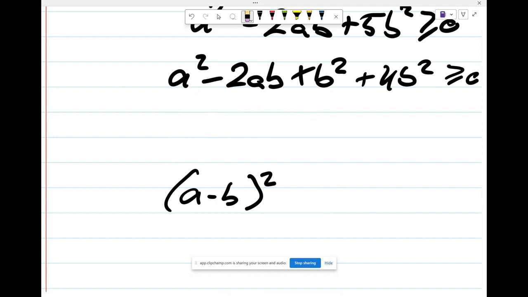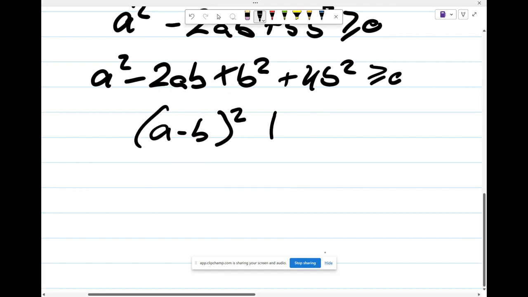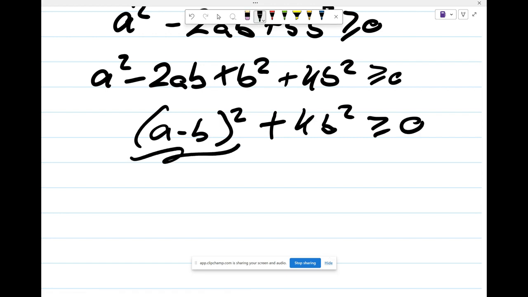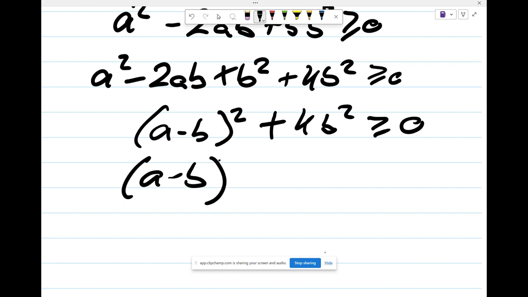Okay, so now we've dealt with this first part. Now we just got to deal with this 4b squared. So we've done this part. This is definitely positive. We know that. We don't know if this is positive yet, so let's try to figure it out. So we have a minus b, and how are we going to do this? Well, 2b squared will just give us 2 times 2 is 4, and b times,